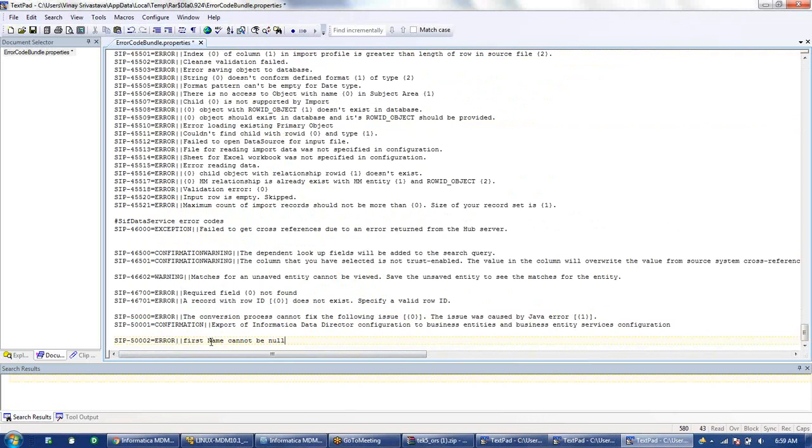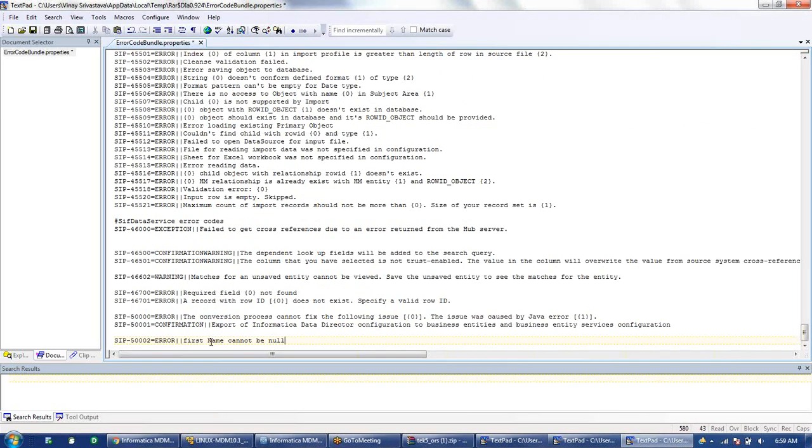So why do we have to do it here? Because this is more convenient. On the Java side, 2 options are there. I can check if the first name is null. If the first name is null, I will hard code this error message. I can say first name cannot be null. This message can be hard coded in Java also.